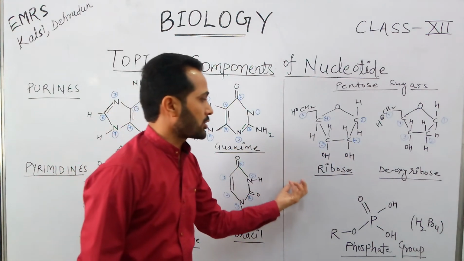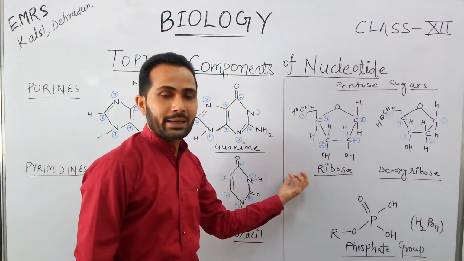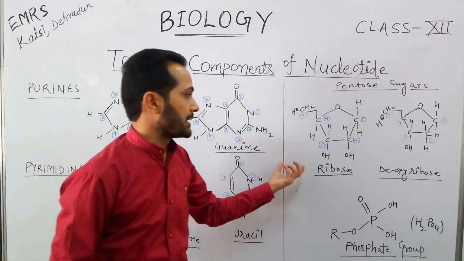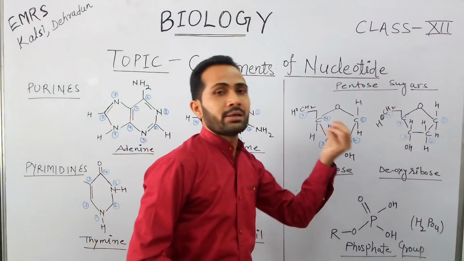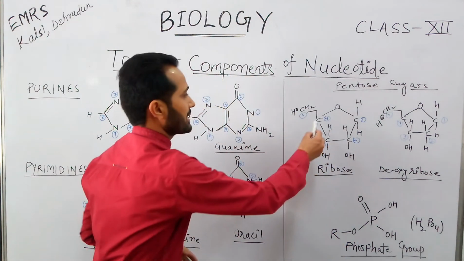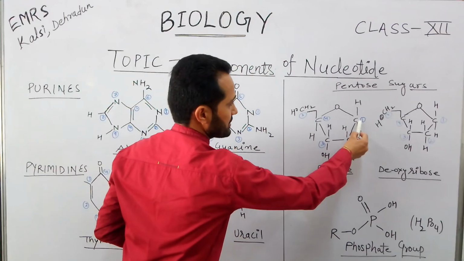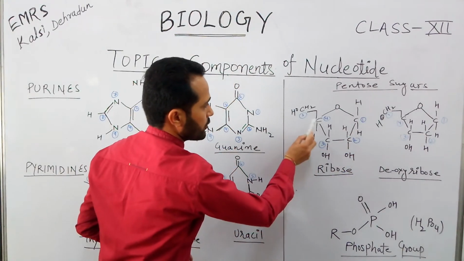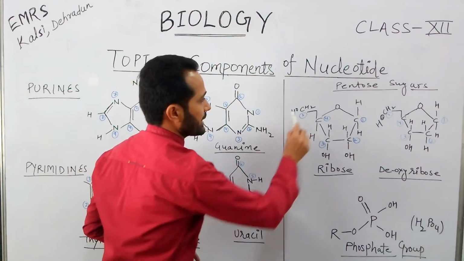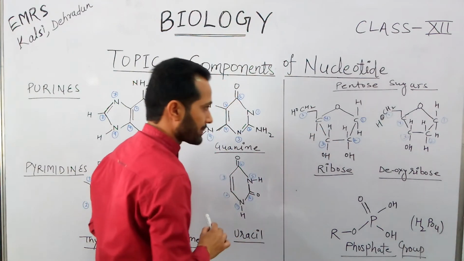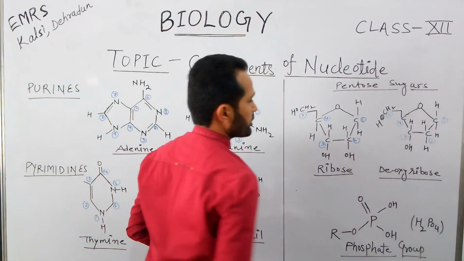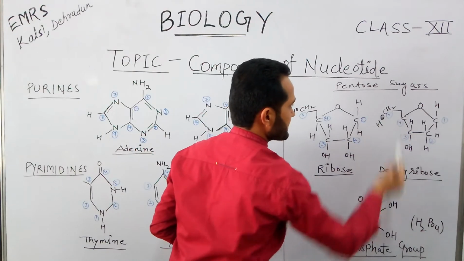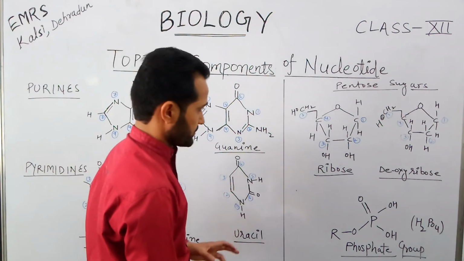So this is the structure of ribose sugar. This ribose sugar is present only in RNA. This is not present in DNA. These two are similar, only one difference is there. So these are the 5 carbon atoms. Numbering is started from here: first carbon, second carbon, third carbon, fourth carbon, and this one is the fifth carbon. So these are the 5 carbon. Again, deoxyribose, first carbon, second carbon, third carbon, fourth carbon, and this is the fifth carbon.